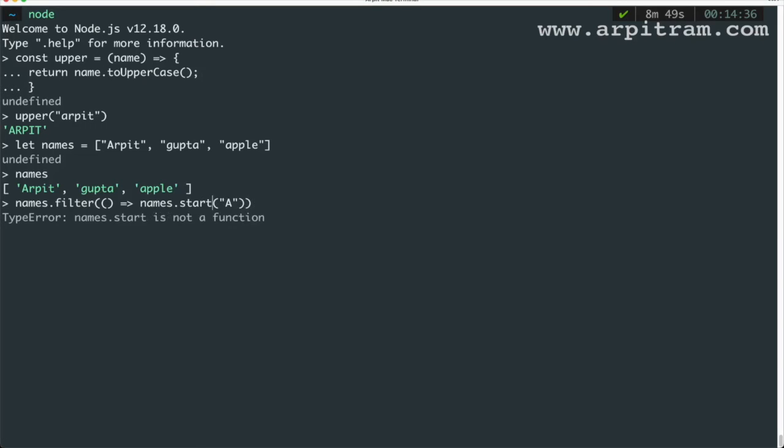Or you can use names dot filter, and use this inbuilt function. Yeah, I need to pass a name here. It is better to wrap this in parentheses, and I can use name dot startsWith a.